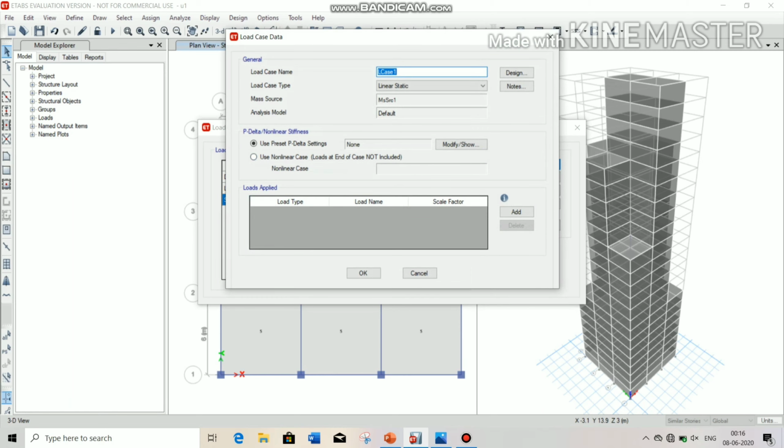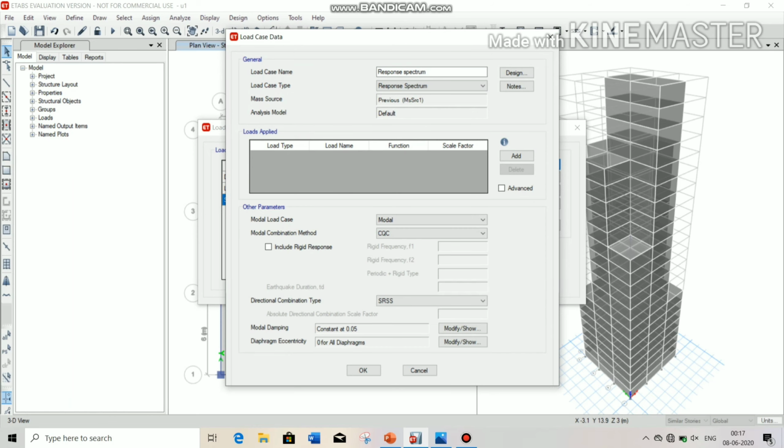Then type the load case name, which is response spectrum, and choose the load case type from here, which is response spectrum. Now click on Add.